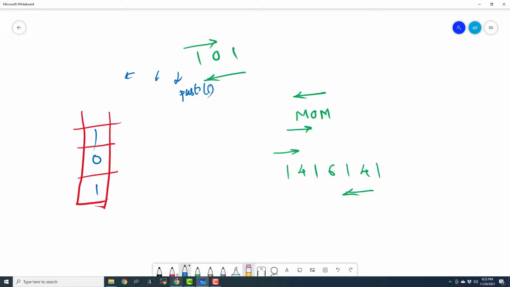Now this push operation is completed. Now what I'm going to do is write a for loop for i equals 0, i is less than 3, okay, because this is a 3-digit string, i plus plus. So here I am going to write my logic. I will say if